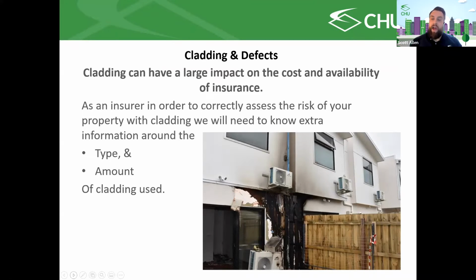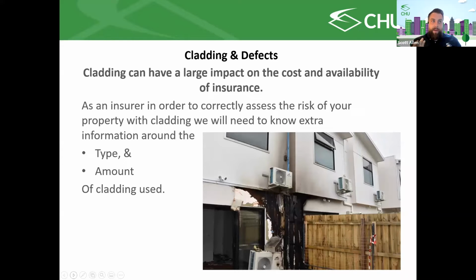I would like to say that's a lighter topic, but it's still pretty doom and gloom, unfortunately, and that's the case with many things insurance. Cladding is very, very widespread. The word cladding is actually interesting. Cladding can be almost anything on the outside of the building. You might have fiber cement style fake weatherboards. That's a type of cladding. But most of the time when we say cladding, we mean dangerous cladding. And they come in two types.